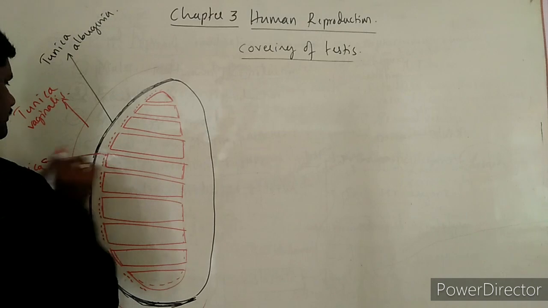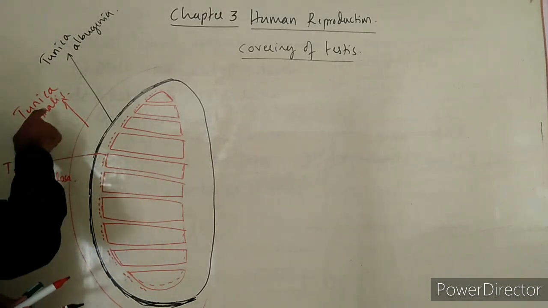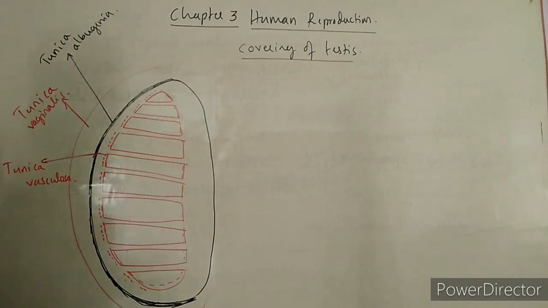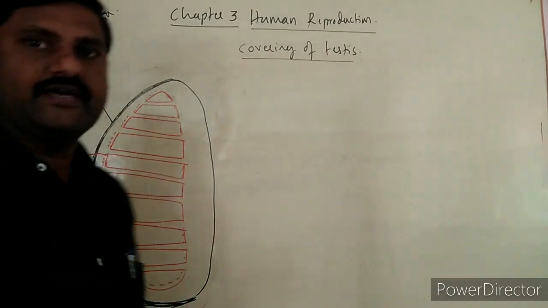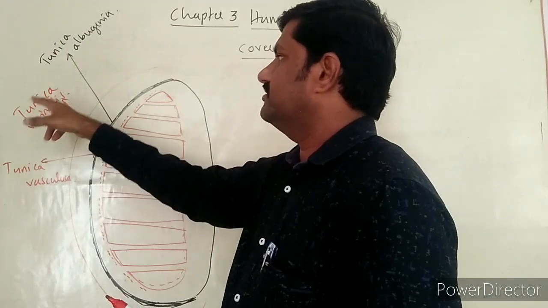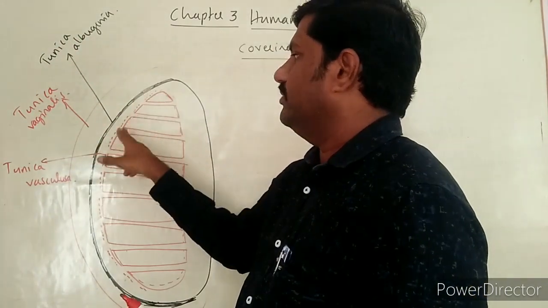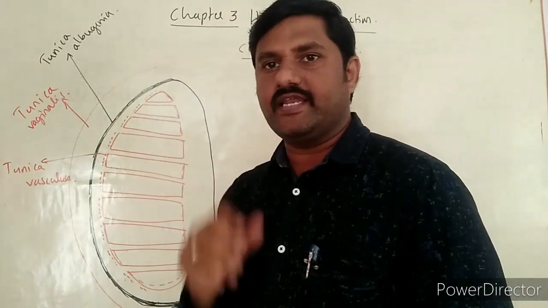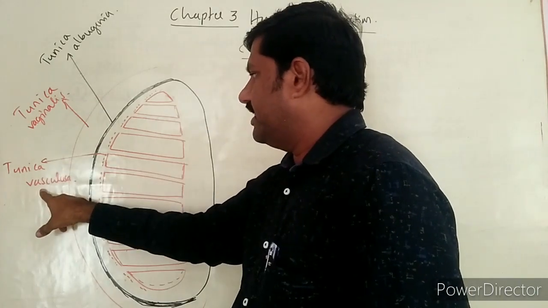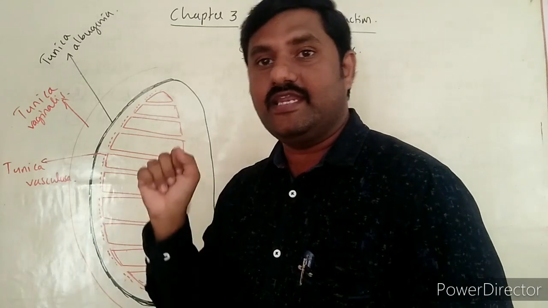So this is how the protective layering appears. The outermost one is called Tunica vaginalis, and inner to that is Tunica Albuginea. Only two layers we can consider. The lining of the Tunica Albuginea is made by the third layer, Tunica vasculosa,